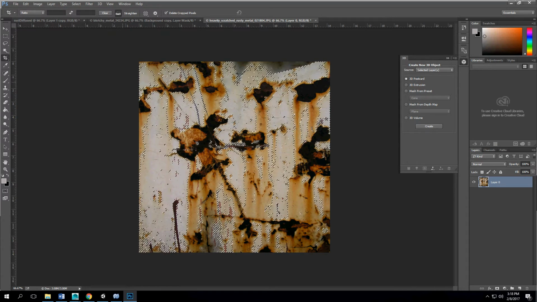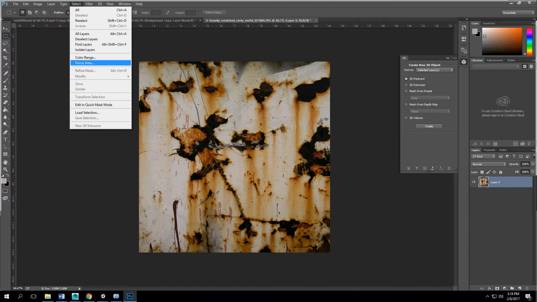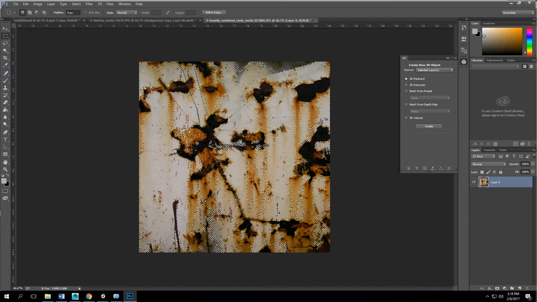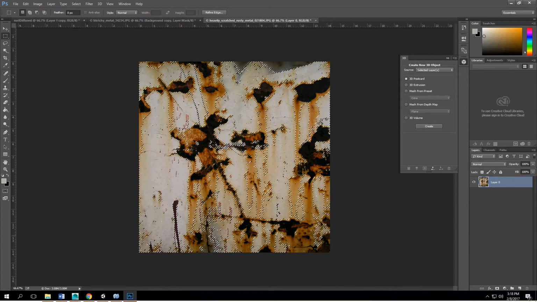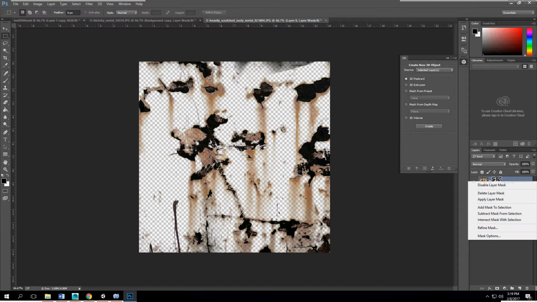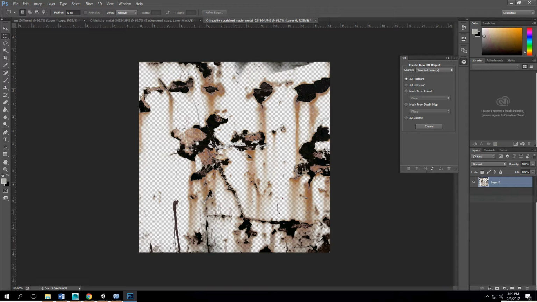And I'm going to have to go higher with my color range. So, color range, more of the fuzziness. Maybe I picked the wrong one to do this, but we'll see. I want to inverse my selection, so I'm pressing Control Shift I, so that I get this. And let's go ahead and make this tileable. So I'm going to merge my mask, apply layer mask,